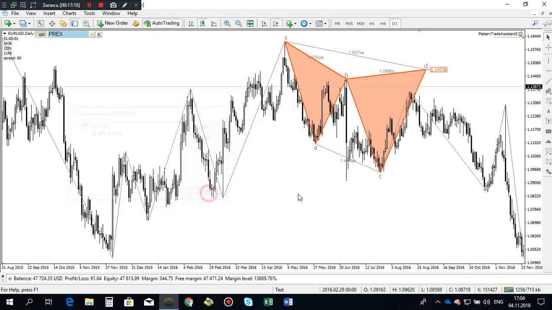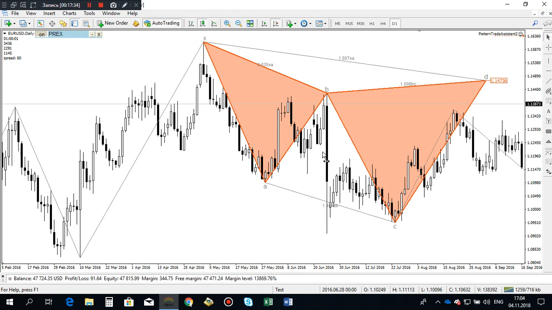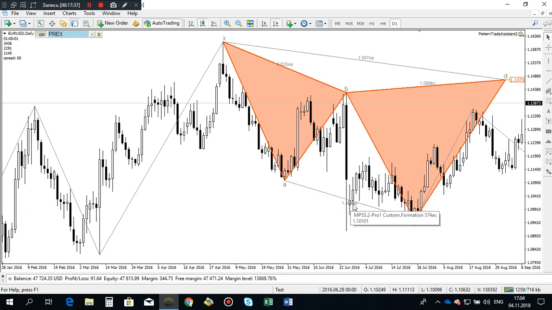Okay, we'll have it a bit different way. The algorithm ignores this spike to the downside and it goes to this point. Okay, let's check it. So it says 1.44 something,